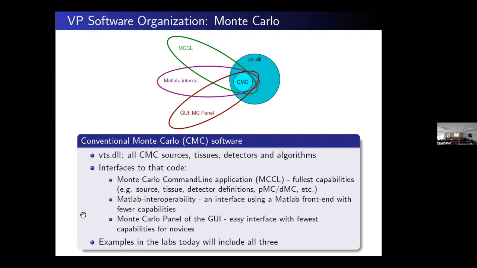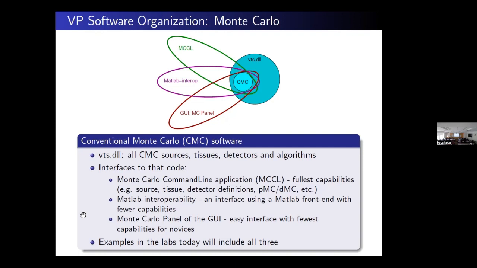This has the fullest capabilities, with the most sources. Jonica wrote the source code and took into account probably every conceivable physical source you could want, external and internal to the tissue. It also has tissue definitions that are layered or have inclusions, and different detector definitions.